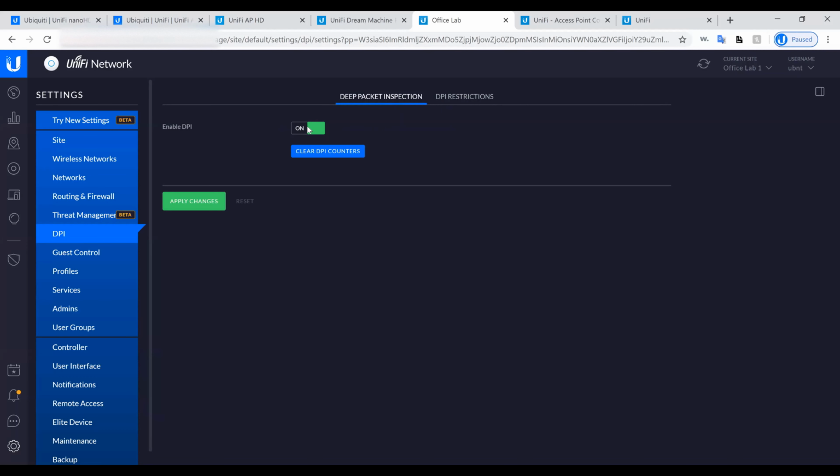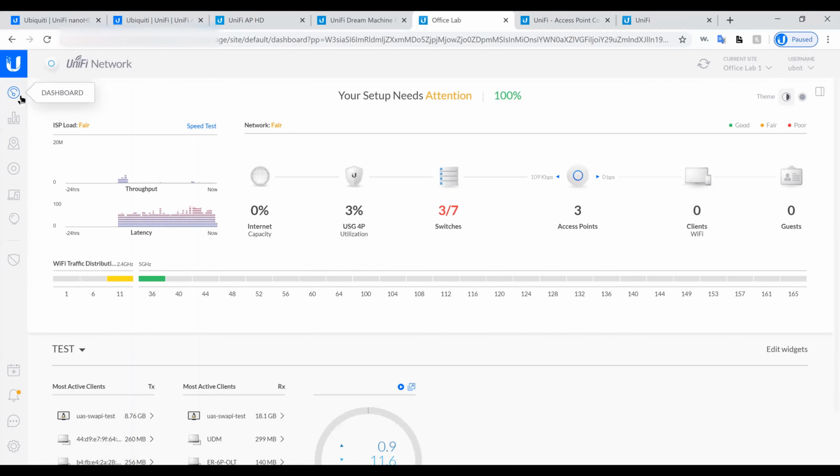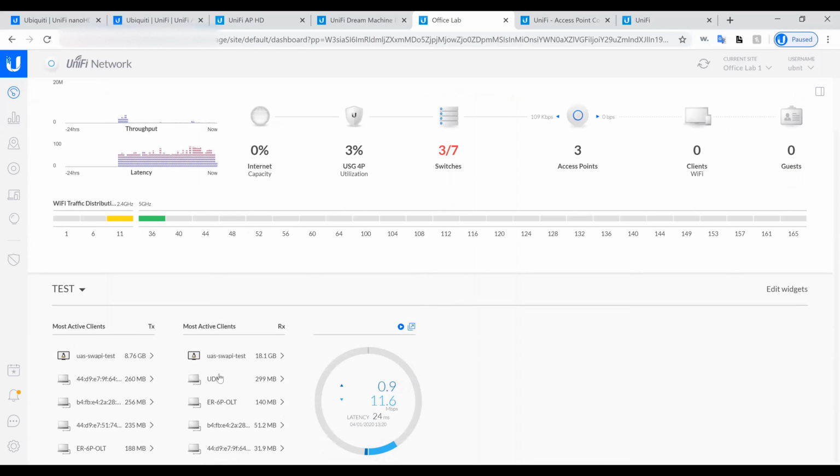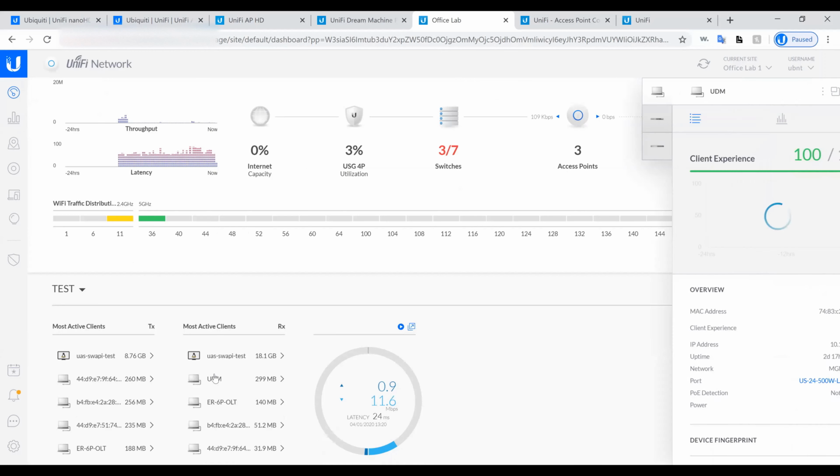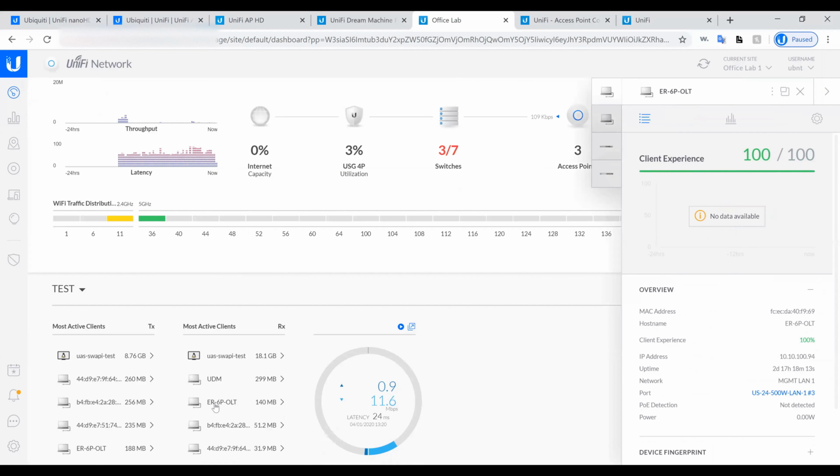So Arnav, can you go to the dashboard? Okay, so if you see here, it will show you a list of all the data that has been used. Can you click on the UTM in the client list or the ER6P? All right, scroll down.